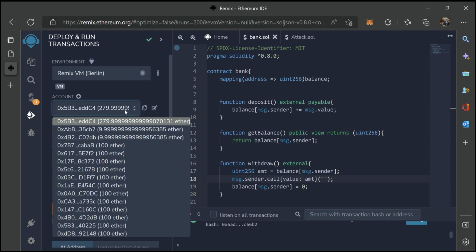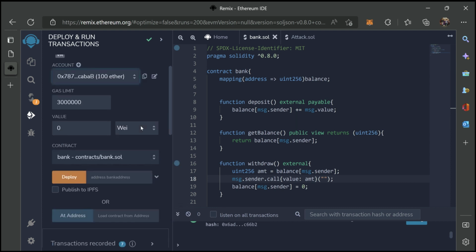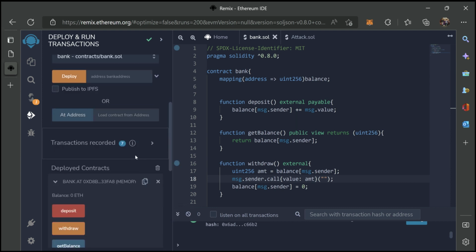So here we have 10 account. All the other accounts have 100. So why don't we use these two accounts to do some deposit? Let's deposit 90 and 90 from each one, so that only 10 is going to remain. So we're going to choose this one. Okay, and then going to say